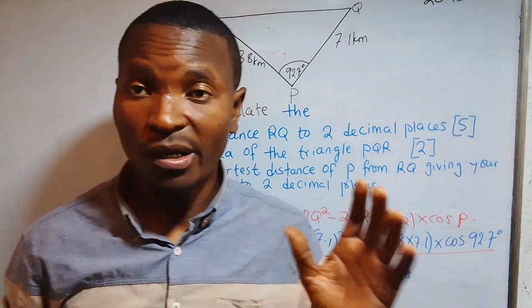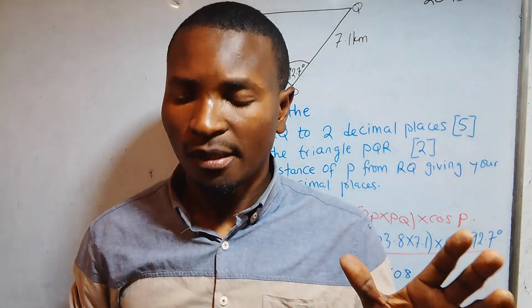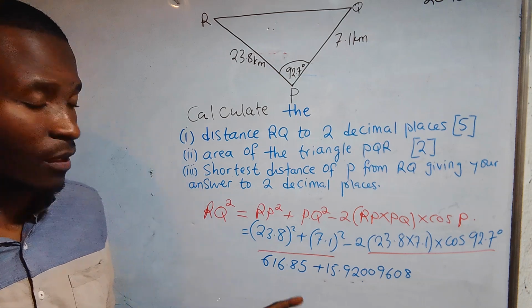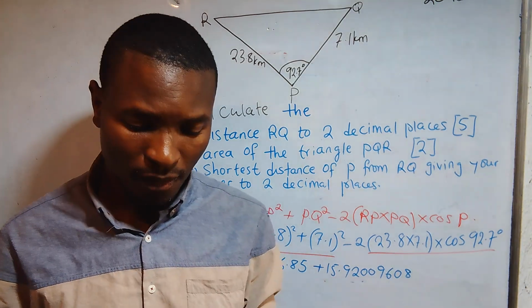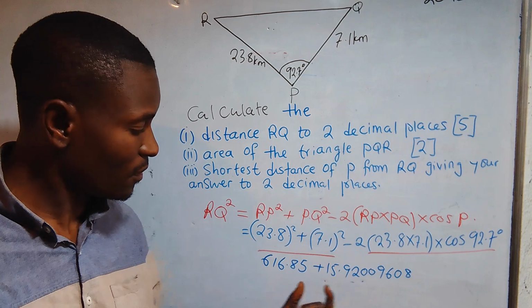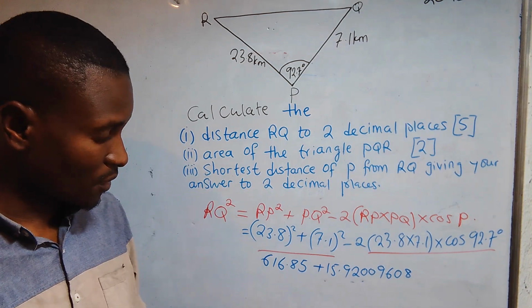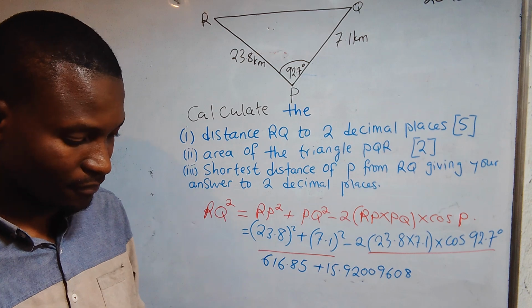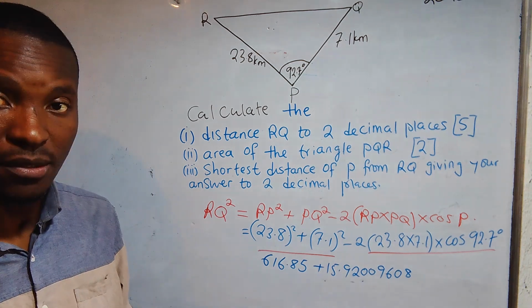Now once you get that number, then you can add it together. So this number plus this number that we got, this plus this one, 616.85. Okay, so this will now give us